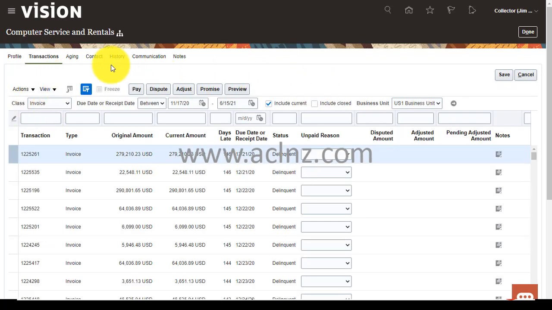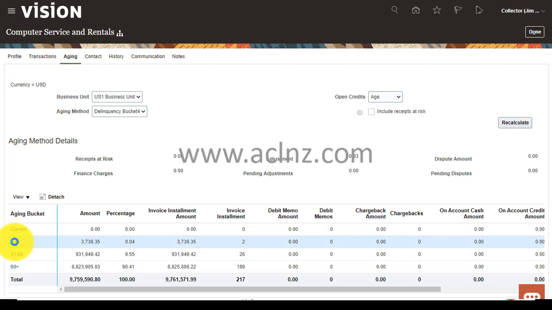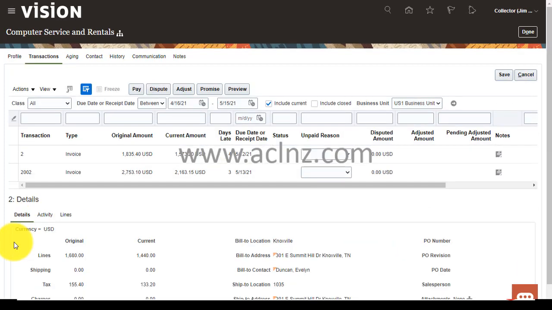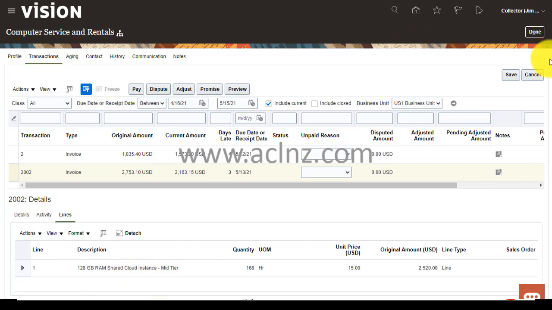Okay, and based on the aging buckets which are over here, you can go down further to each of the aging buckets and look at the corresponding transactions. You see, so these are the corresponding transactions. You can go and look at those transactions. For example, this transaction, if you go into the activity, there could be 2 credit memos and associated line for this transaction. Okay,